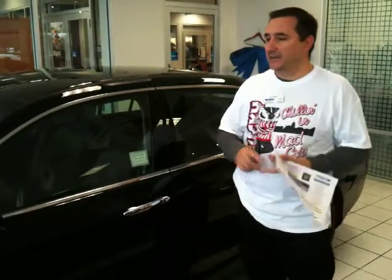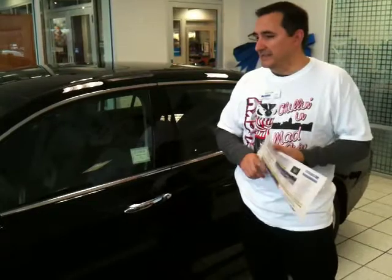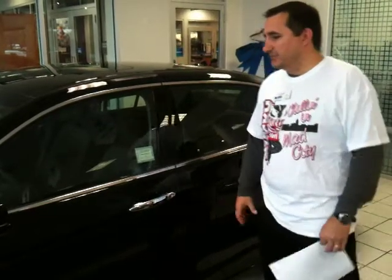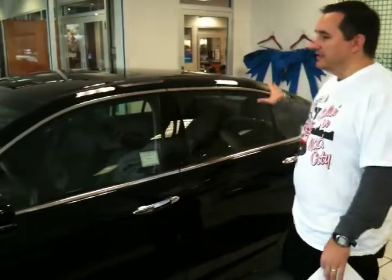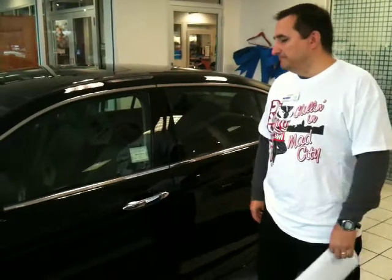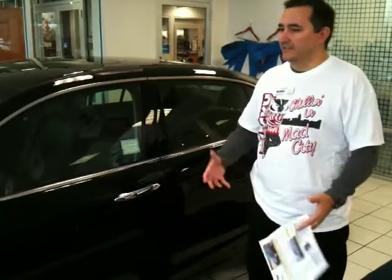They've done that by increasing the aerodynamics of the vehicle, making the vehicle about 100 pounds lighter. They've actually shortened the Accord from the last generation by 3.5 inches, but the cabin has remained just about the same size. Some traditional strengths of the Accord are still here. You have a huge greenhouse, so the visibility from inside the cabin is still fantastic. Of course, the reliability and durability are still there, which all leads to Honda keeping its value longer than most